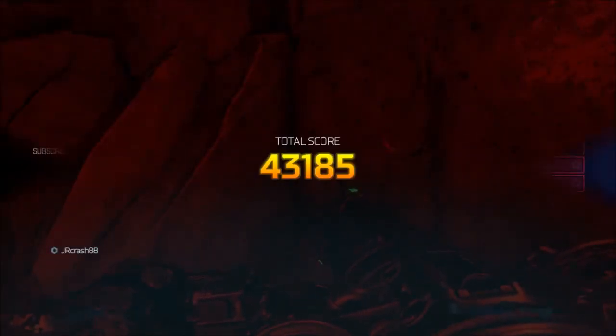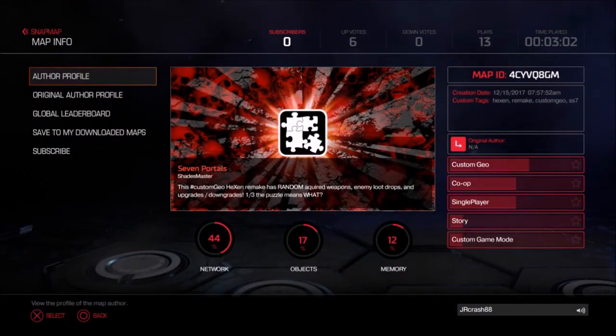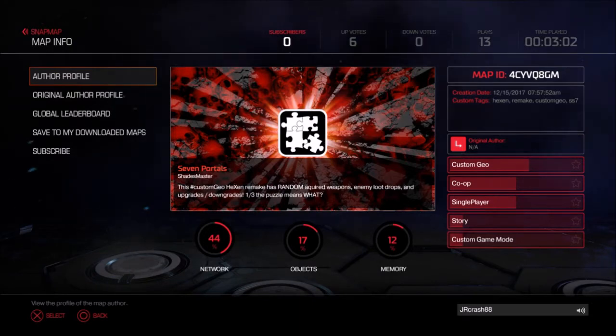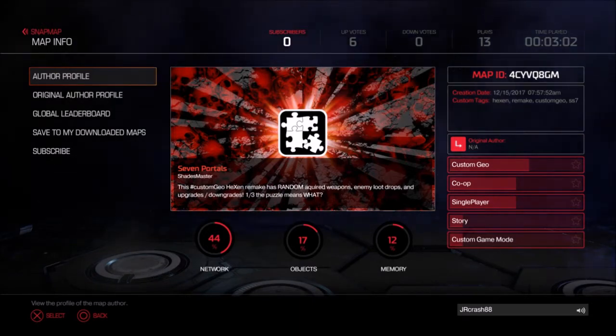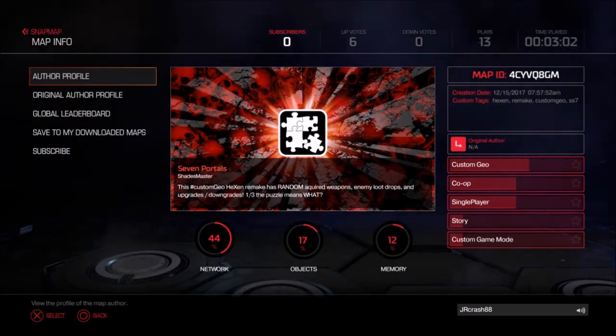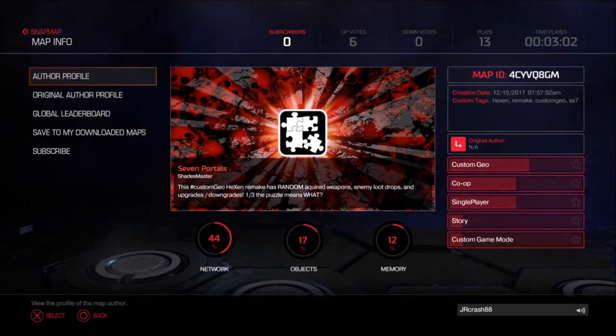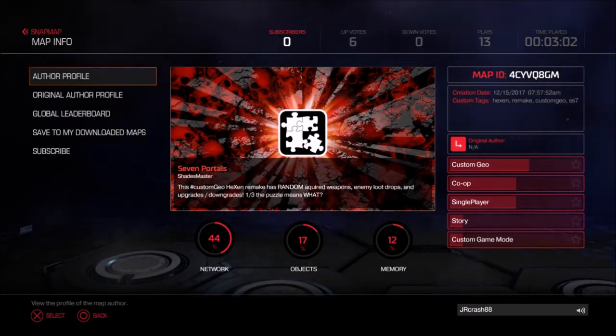Shadowwood. Okay, so that was 7 Portals by ShadesMaster. Oh boy, I feel like that ran a little over the 10-minute limit, but that could have been due to a wide number of factors. So you know, that's the real trick with these,